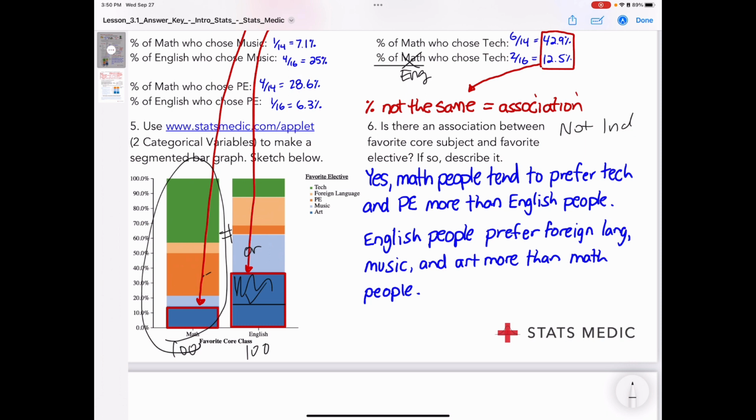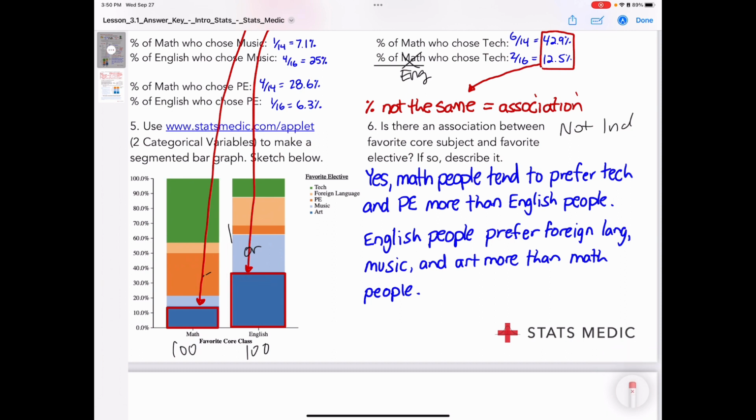So it wouldn't matter which room I went into on that first question, where I said go to the room where the most percentage of people like art. If I had two identical graphs, it wouldn't matter. So therefore, you would say no, there's no association whether I go to math or English. This is the same percentage. So in that case, it would be no. But in our case,